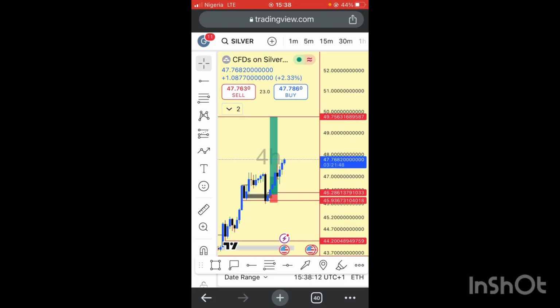Let's see how it goes. All right, guys, that's everything that I've been up to today. I'm only on the silver trade. The one on US 30 is just yet to mature for me. I still believe that I can see opportunities to trade, but if I don't, this one I've already seen on silver can really help me for the rest of the week.